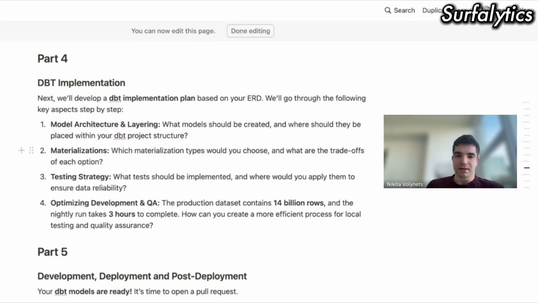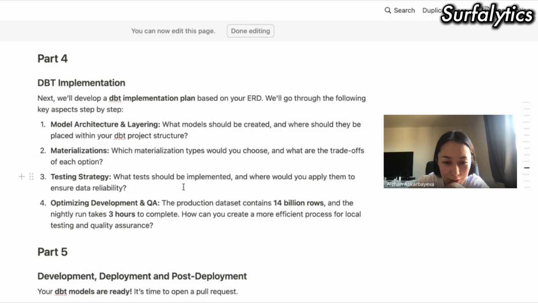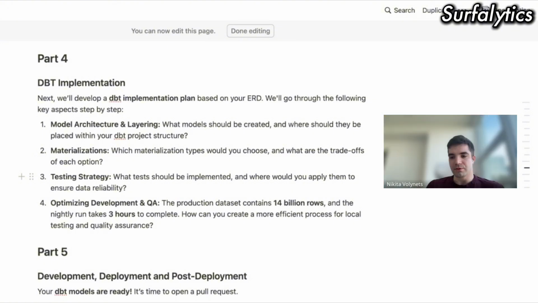Let's go to the next one, testing strategies. Testing strategy. What tests should be implemented and where would you apply them to ensure data reliability? Testing strategy to check the data quality. We should be confident that the data after the update is of good quality and that our dashboards have correct and accurate data in them. I guess